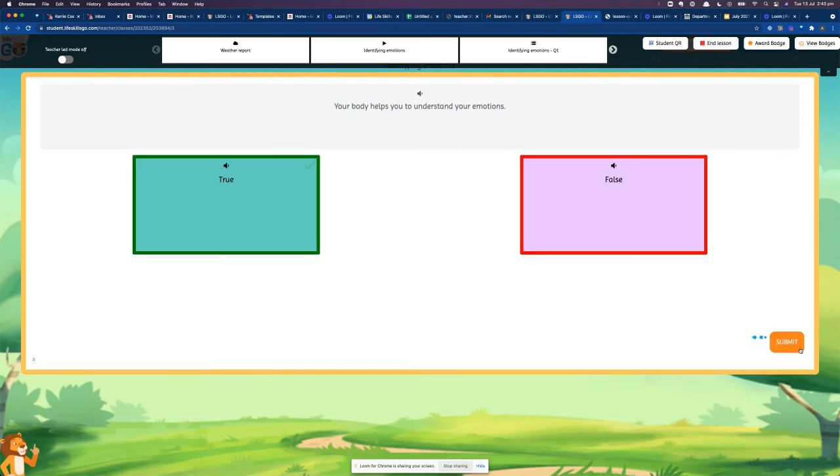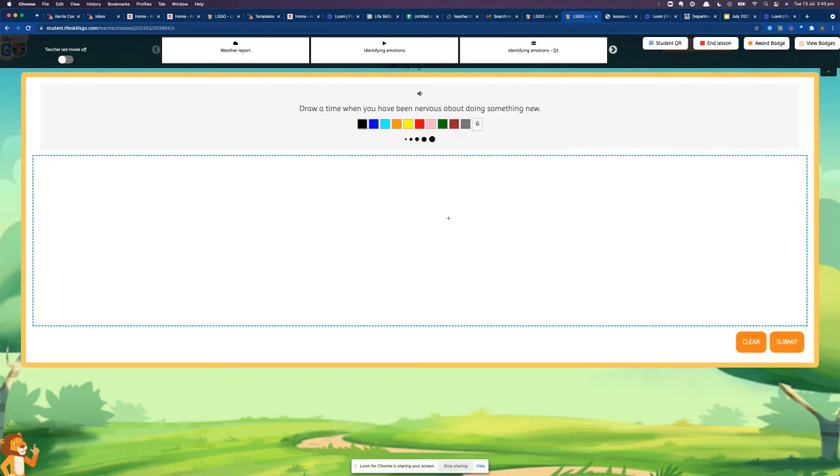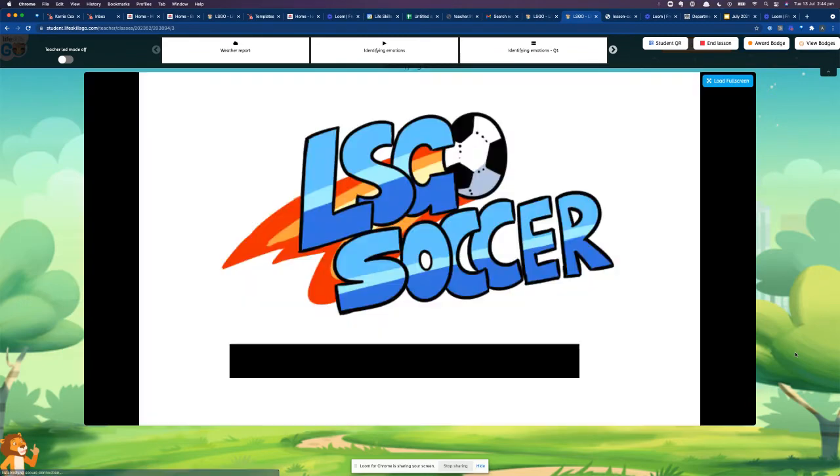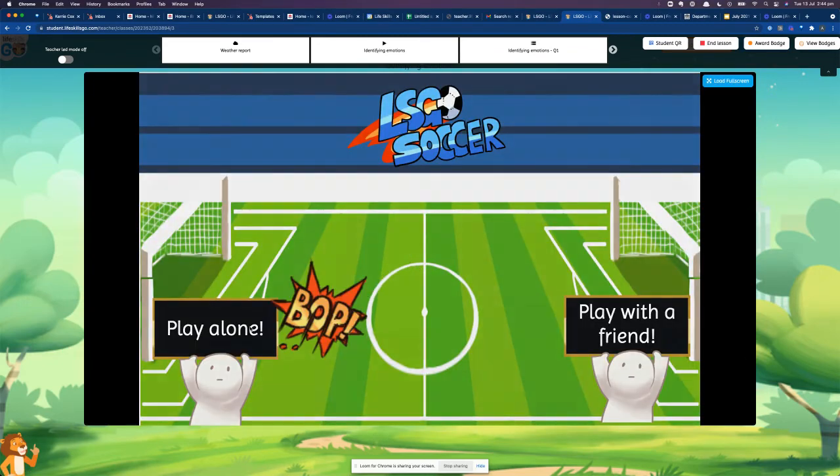There are also drawing questions. For younger students that might have a hard time drawing on the device, you could just use a piece of paper and they could draw on that. The kids tend to like these a lot, being able to draw, and they would read the scenario and draw according to it, and then they could play the soccer game. There's about 14 other games in the